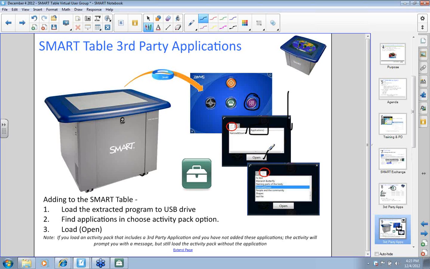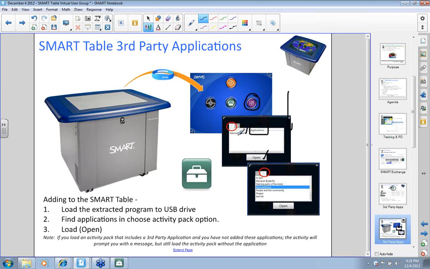So I can't select and click and do all 3 or 4 at the same time. So I'm going to plug in my USB, choose the activities, and then scroll down to find Narrow It Down, click Open. And then same thing, choose the application, sorry. Choose the application, not the activity. Choose the application, select Narrow It Down, then I'll select Image Reveal, then I'll select Story Stage, and then I'll,